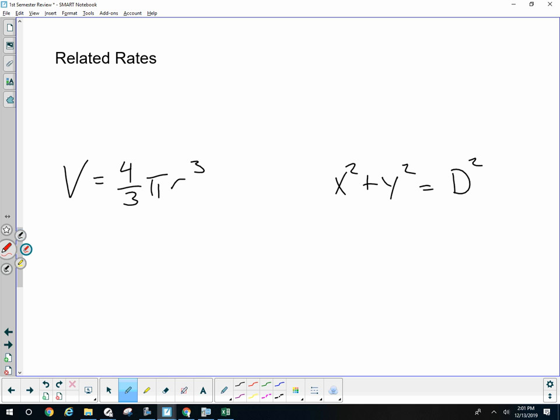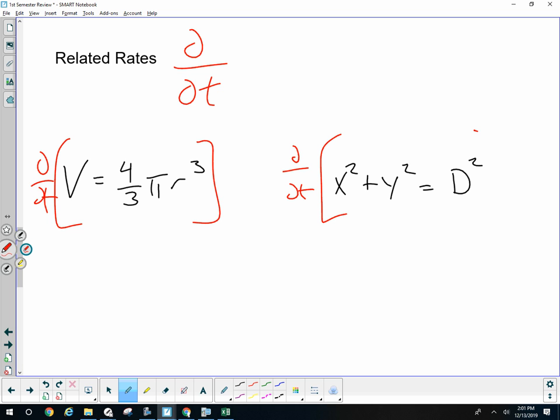Related rates is all about finding how things change at a specific moment in time. So instead of taking derivatives with respect to x, all of a sudden we're taking derivatives not necessarily of just random functions, but of equations that tell us about things going on in the world, like the volume of a sphere. The change in the volume of the sphere would be equal to 4 pi r squared times the change in the